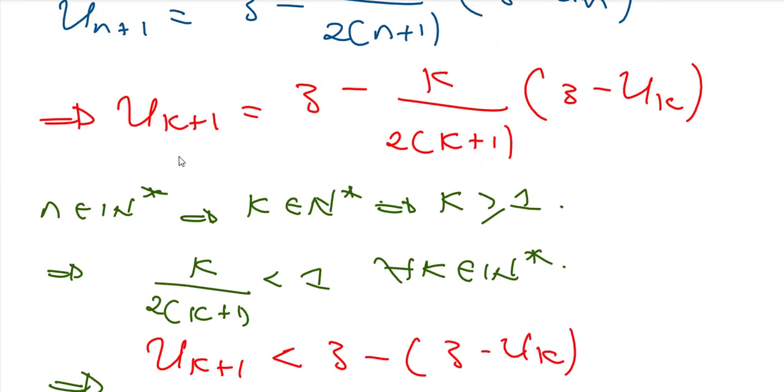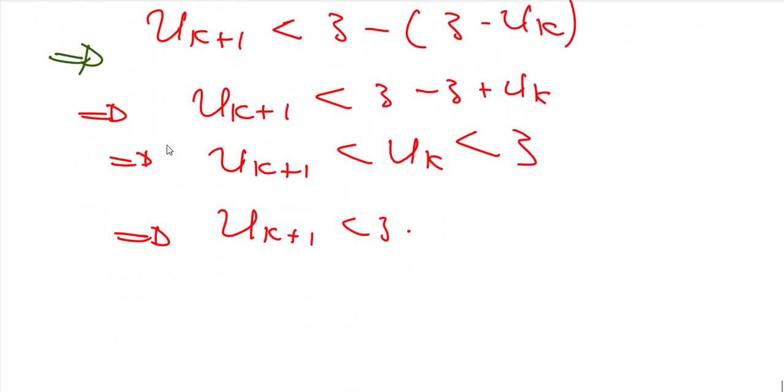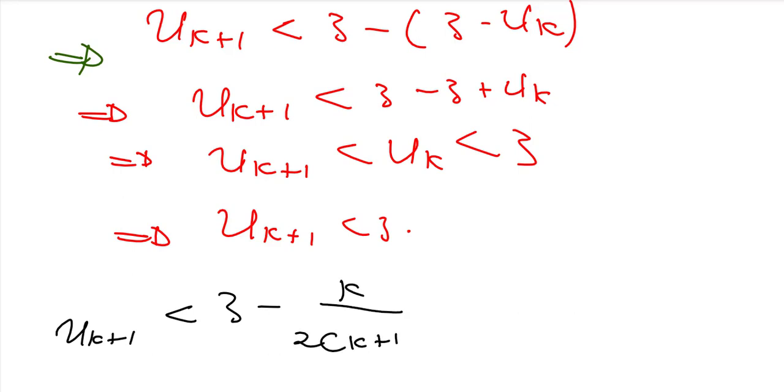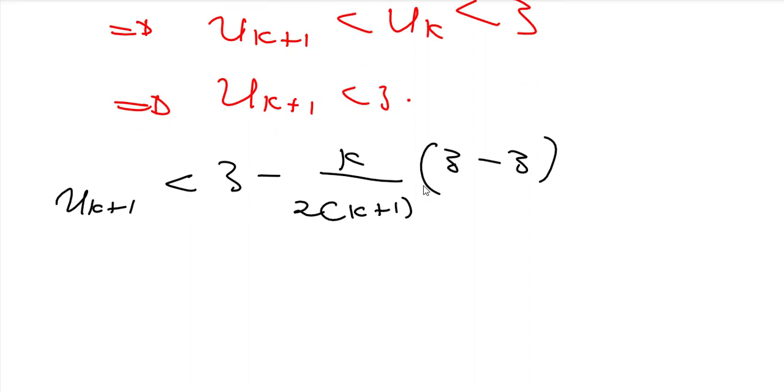Another way of proving that u_{k+1} is less than 3, we can say that from the induction hypothesis, since u_k is less than 3, using the inequality, u_{k+1} will be less than (3 minus k divided by 2(k+1)) times (3 minus u_k), where u_k is replaced by 3. So we take the maximum value and we change the equality sign to the inequality sign. So 3 minus 3 gives 0, and k divided by 2(k+1) still gives 0. So from here you clearly see again that u_{k+1} is less than 3,